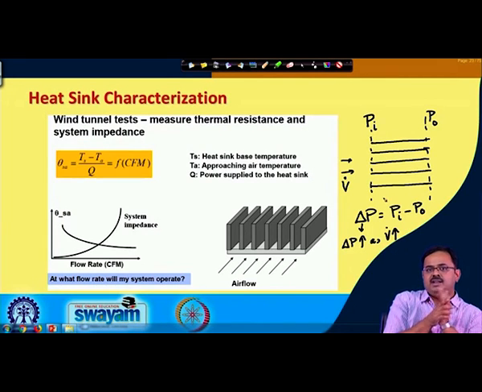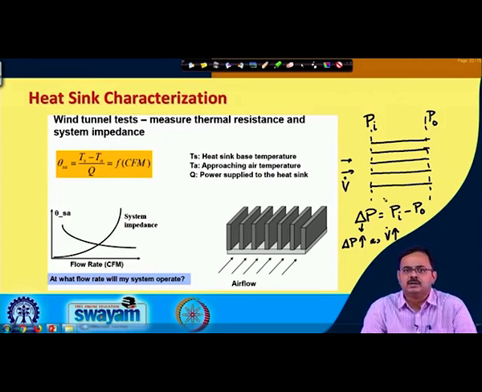Okay. And it can be shown that there is a flow resistance and the shear force per unit area, the shear stress, is given by the viscosity times the velocity gradient, which goes from 0 at the surface to some other value right next to the surface. Okay. So, that is a little bit into the